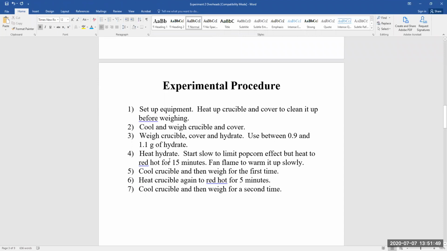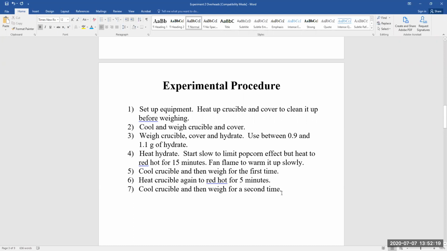I mean, you think you did the experiment great, but maybe you want to confirm it just in case, right? So you heat the crucible again now, but you don't have to be so cautious, and get it red hot again for 5 minutes, and then cool it down and weigh it for a second time. If you drove all the water away the first time, then these two weights should be the same. If you didn't, then this extra heating hopefully helped you drive the water that you didn't get out the first time,